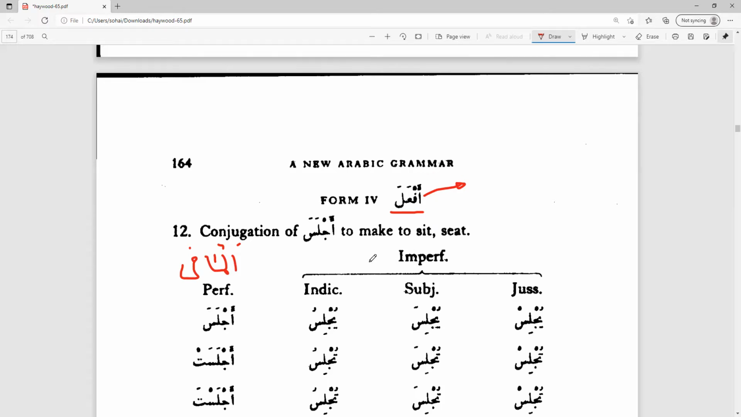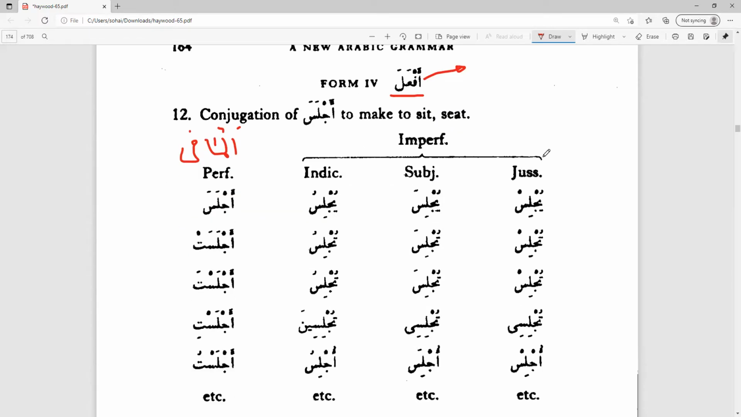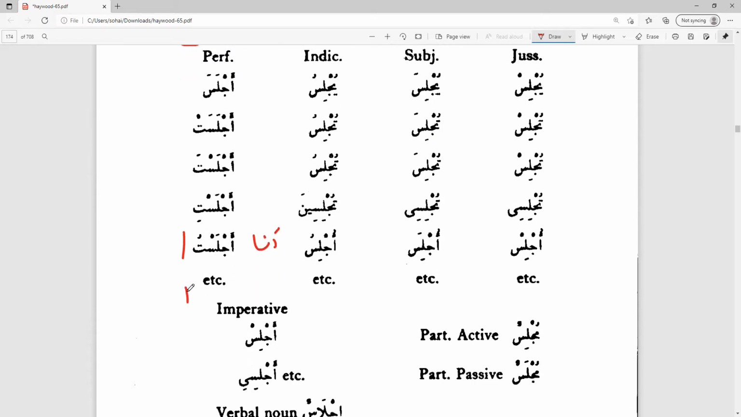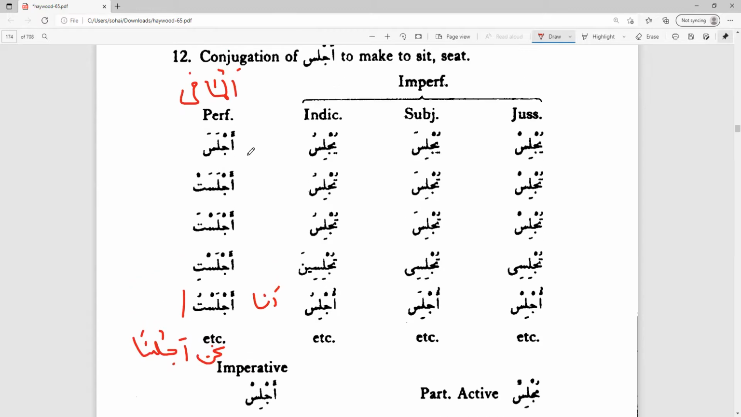So af'ala. Ana ajlastu. Nahnu ajlasna. And then anta ajlasta. Antuma ajlastuma. Antum ajlastum. Anti